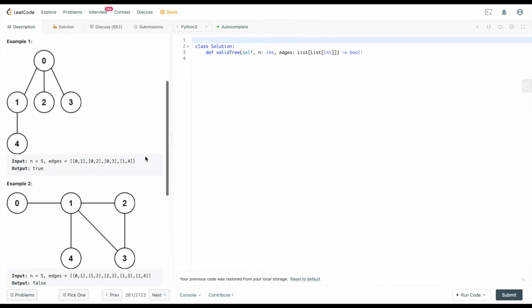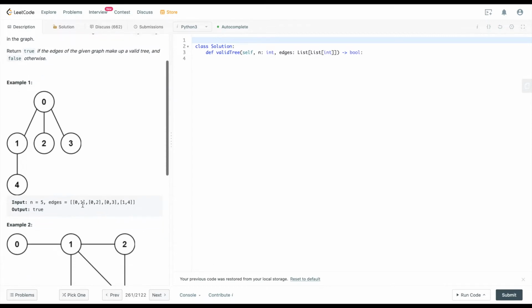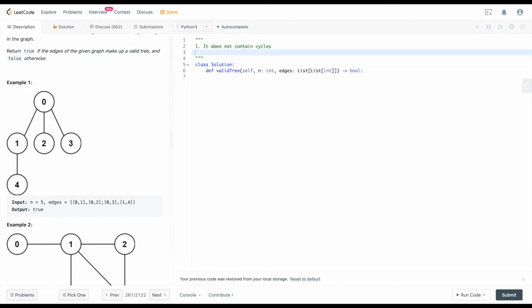So how can we determine from the edges that it's a valid graph tree or not? First, we need to make sure there are no loops in the graph, so that it does not contain cycles. And second,